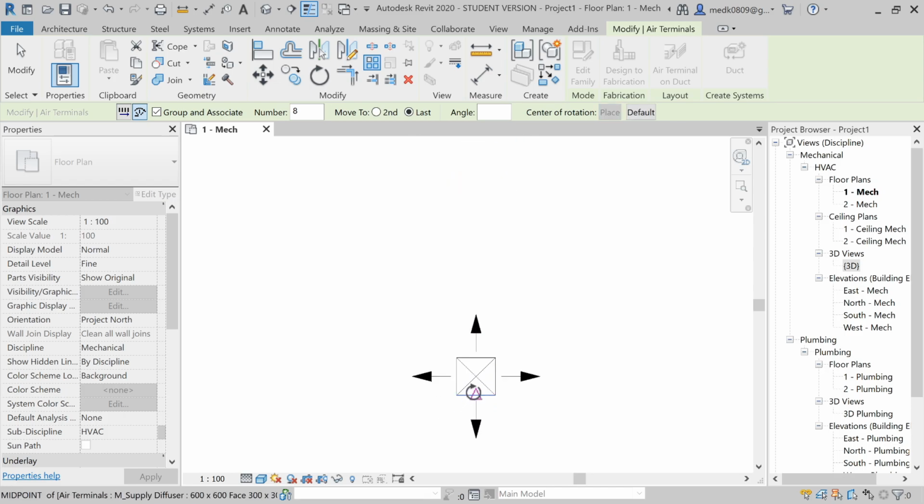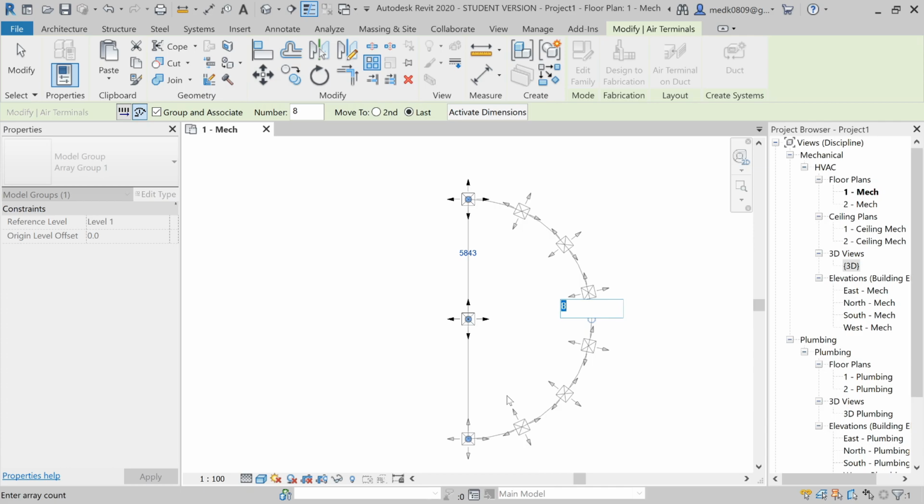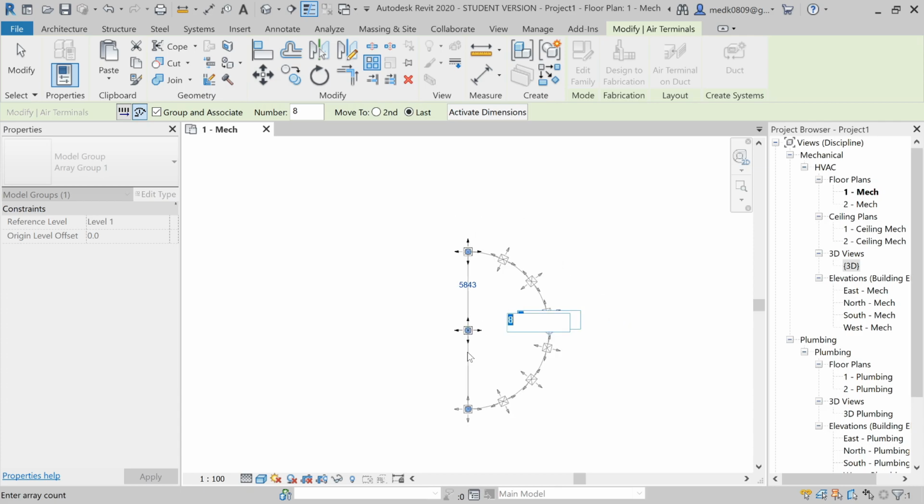So I have this center of rotation over here, and for the reference let's put this line about the y-axis, and now we need to specify the angle between the first and the last object. So let the angle be 180 degrees, and then press enter. So you can see I have placed 8 elements where the angle between the first and the last element is 180 degrees. So this is how radial array works.